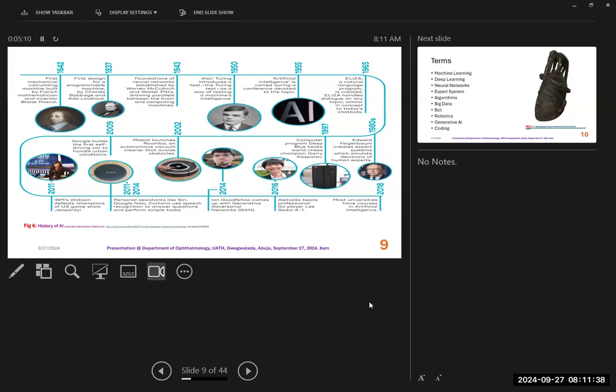Then in the 1980s, we have people like Edward Feigenbaum, who created expert systems. In an expert system, you have experts in various fields. Say, for example, a pediatric ophthalmologist: you ask what they do, then you can package an AI app that will replicate what they do in pediatric ophthalmology. It's another area of AI that we are going to talk about later.